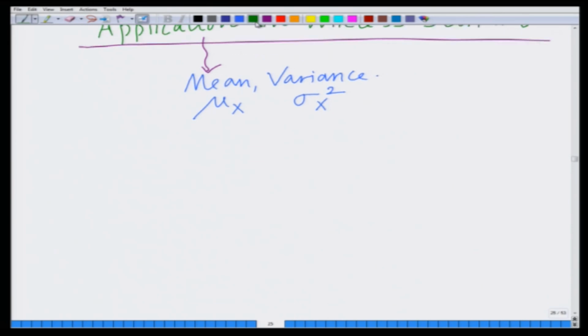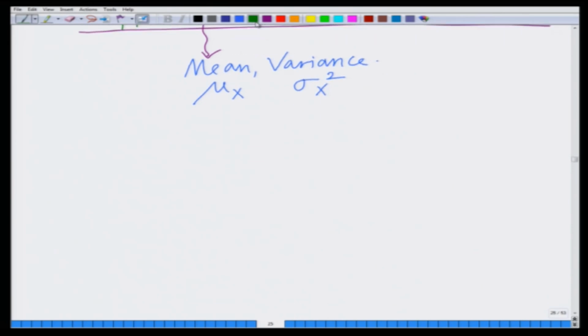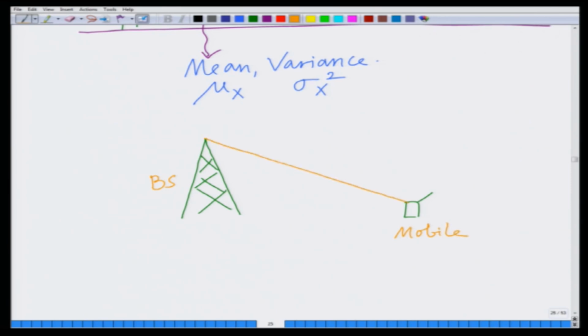Now, we are already familiar with the typical wireless scenario. In a typical wireless scenario, let us say I have a base station. This is something that we have already described in the previous modules, so I am going to be brief. I have a base station which is transmitting to the mobile. So, there is a direct line of sight component, a signal which goes from the base station to the